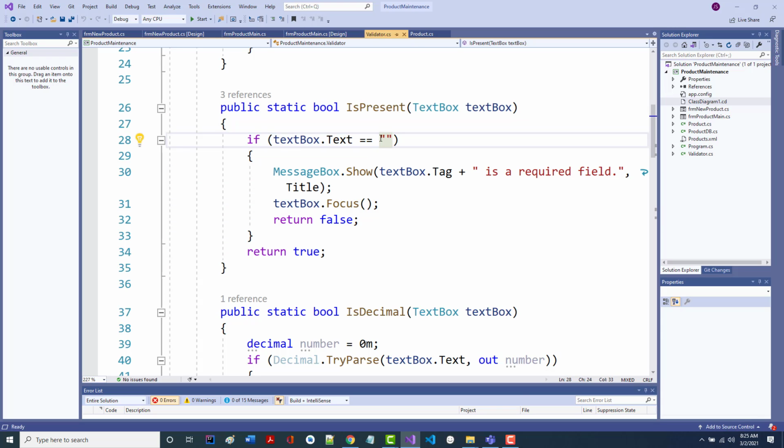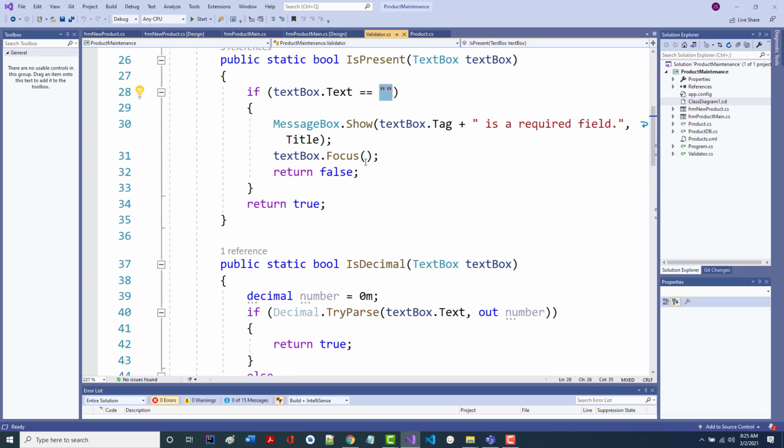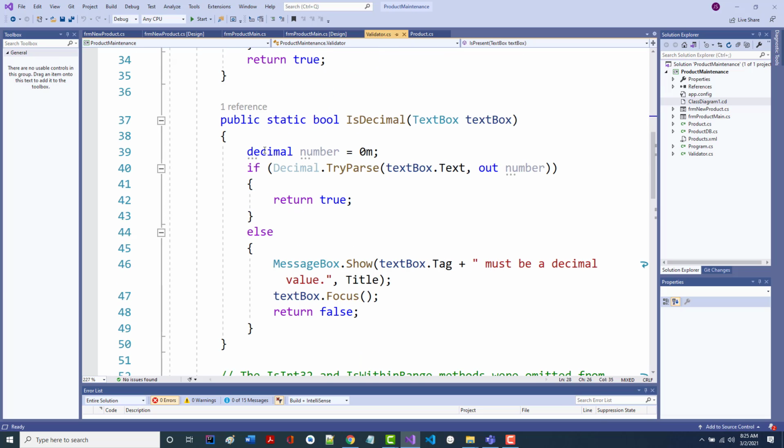If it's empty like this, boom, it's going to say that that tag, so you saw that for all three. This is the code that they're putting in here. All right. Now, it also has to come in. This is just saying, is it present or absent? But it must also come in and check for decimal for numbers. So as you'd guess, strings are much easier to handle in here. If you went in and you made yourself a class and it had just strings in it, there's not that much validation you have to do.